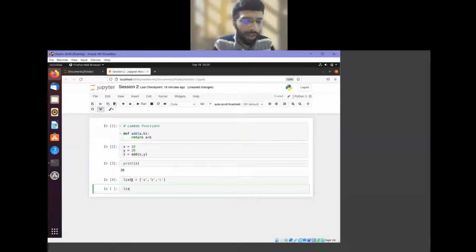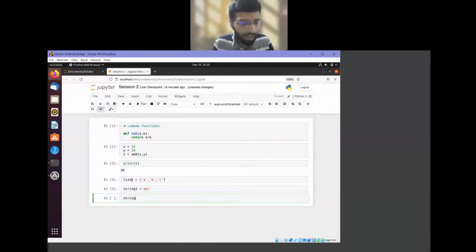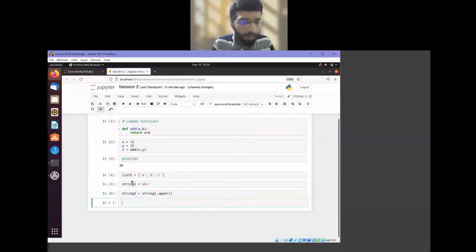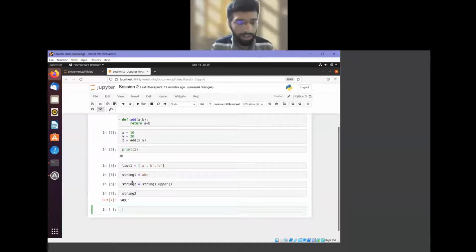Had it been a string, say string one was ABC, I could have just defined string 2 equal to string 1 dot upper. Then if I give string 2, I get it in uppercase.